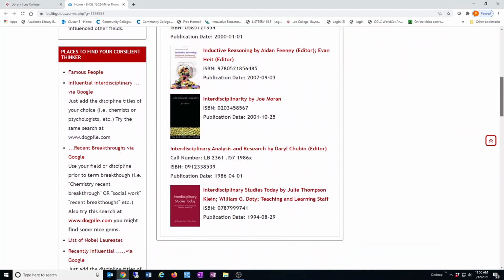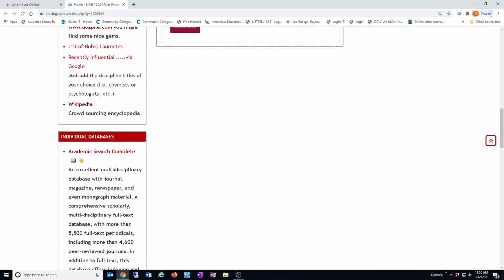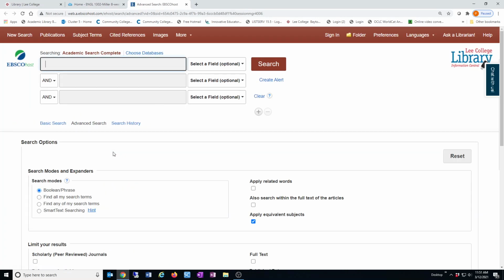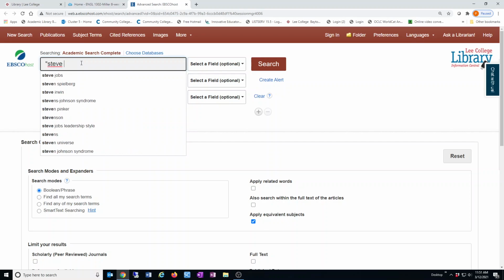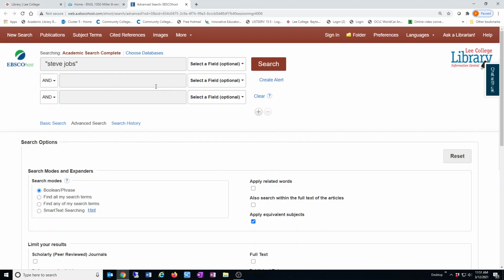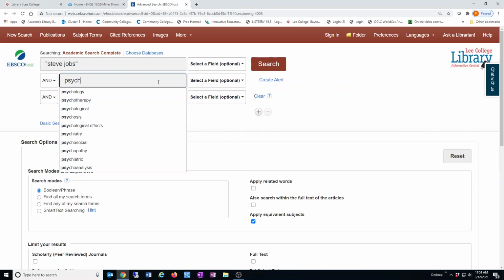You want to come down here almost to the bottom, and we're going to search on Academic Search Complete. So click on Academic Search Complete. And then I'm going to type the following search. I'm going to do Steve Jobs in quotes on the top box. On the middle box, I'm going to put all the disciplines that he might have influence over. So I'm going to put psychology